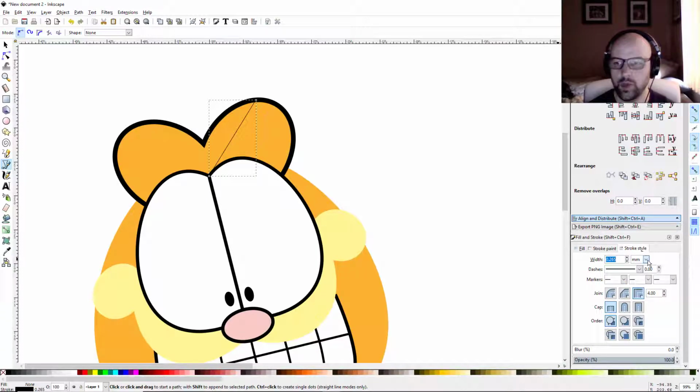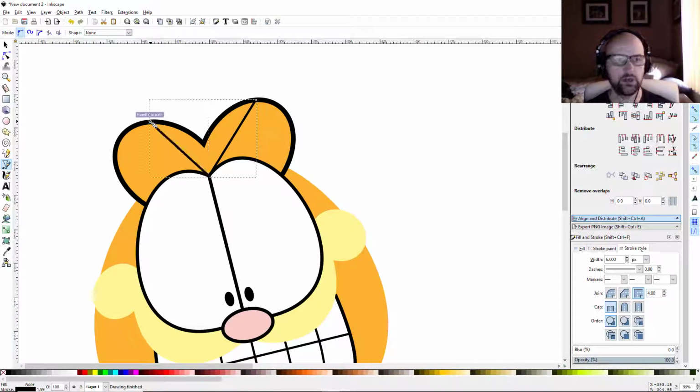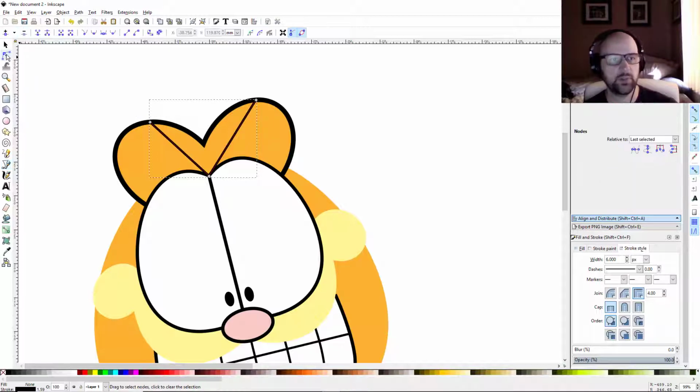Turn that to, weren't we on pixels before? No, I'm just going to leave it. Turn that to 6. No, we were on pixels, so let me change this to pixels and then go to 6, and that way we have more of an accurate line there. And now let me draw another line like that. Click, drag that up so it's about that same spot on the other ear. Click, hit enter. Now I want to grab the edit paths by nodes tool and I want to